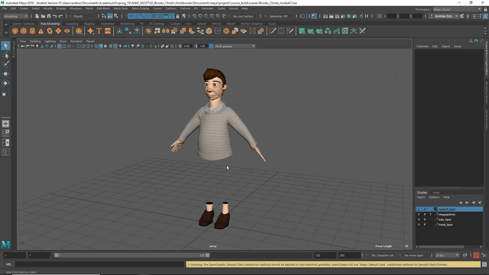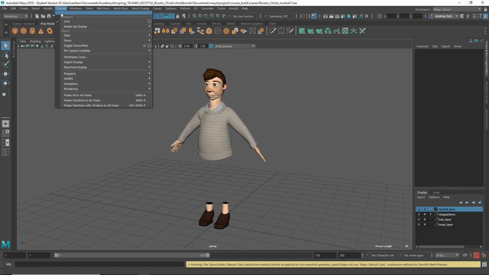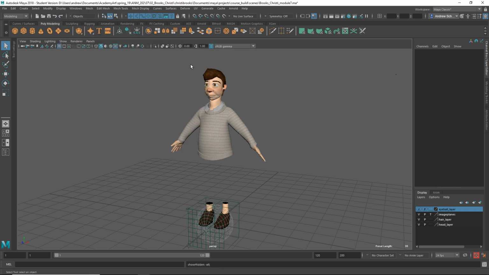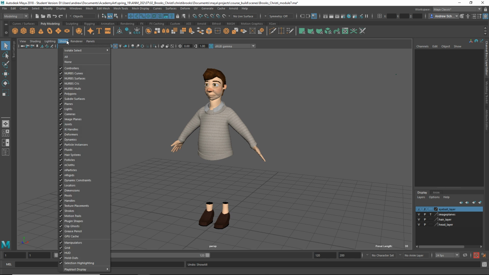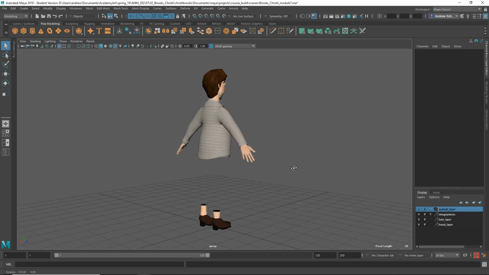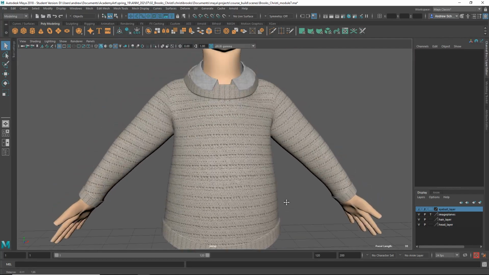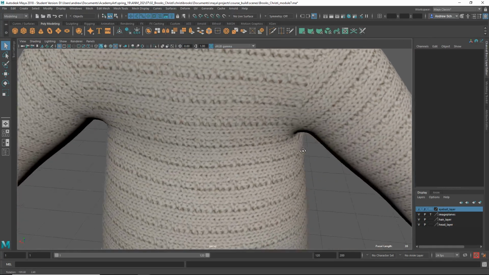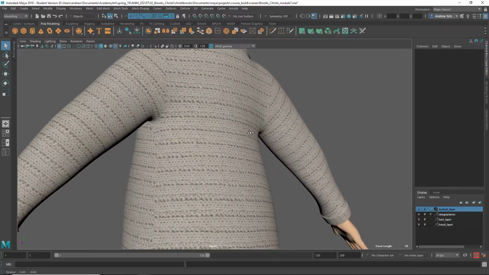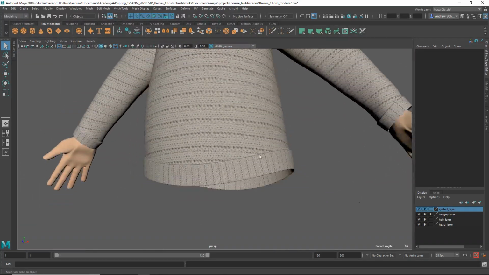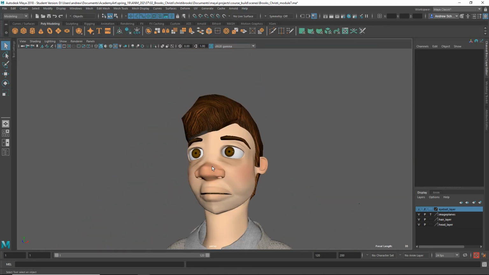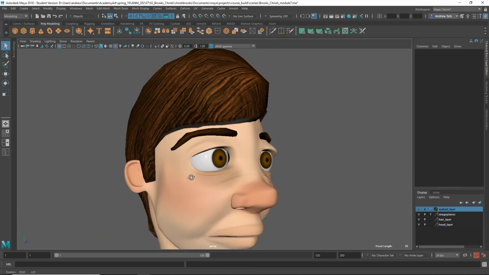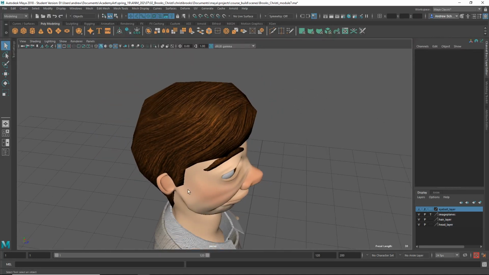I don't know what's happened to his pants. I tried a display, show all, and everything's shown. So it's kind of hard to fully judge this without the pants, but this texture looks good. And I can see you've painted some color variation on the face, and the eyes look good. The hair looks decent,